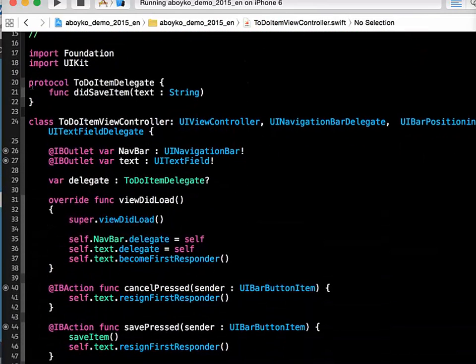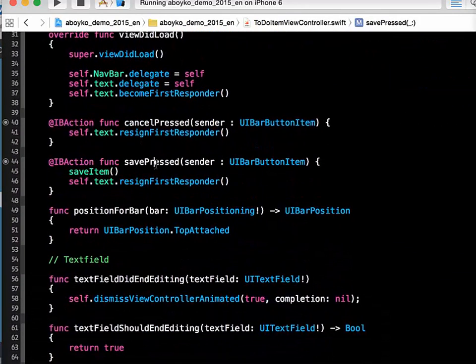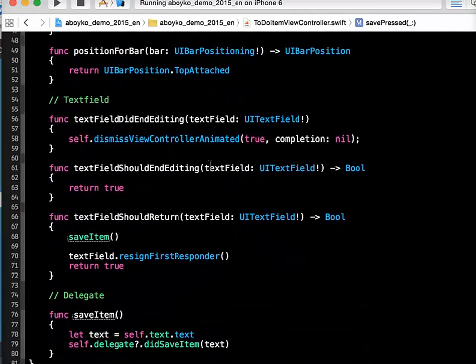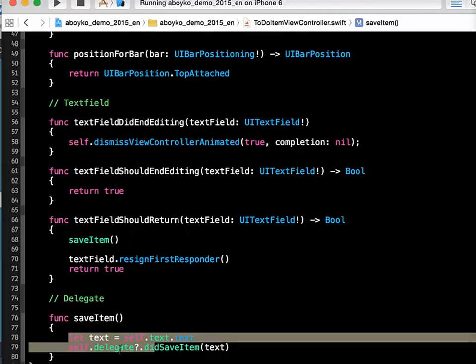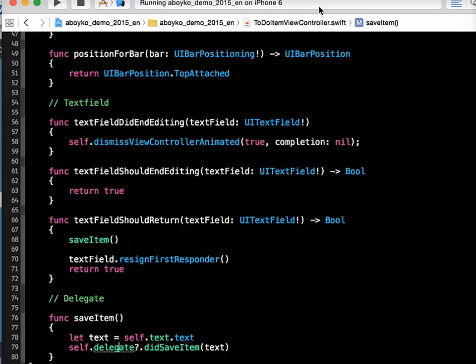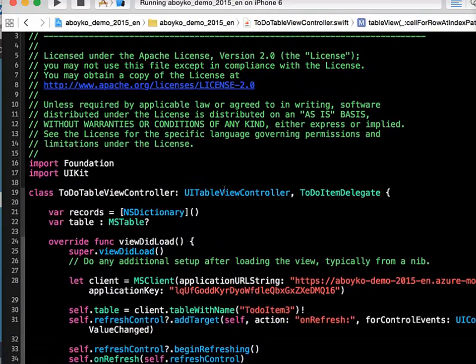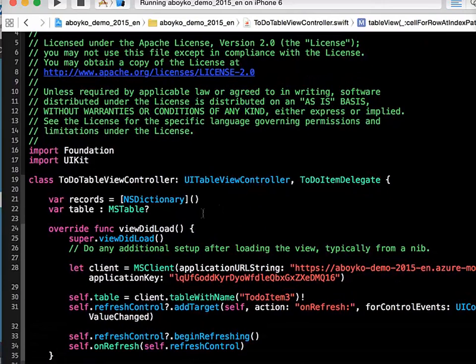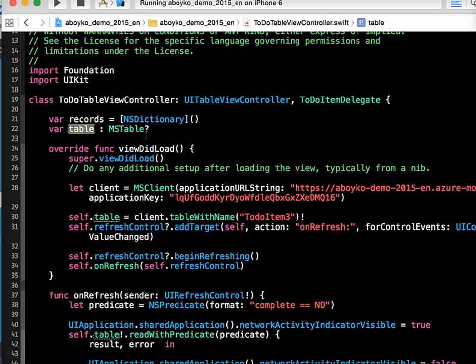We have this little protocol here and some views and actions, which actually calls this save item action when we are adding new item, and here the actual code. So we call in delegate did save item, and the delegate is our table view controller. So here we have all our interesting stuff. We have this table object,